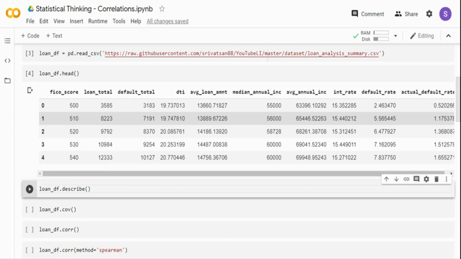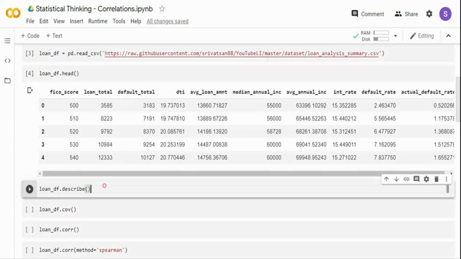Now, if the discrete value does not have too many buckets, like 0 or 1, or 0, 1, 2, 3, 4, 5, then you may do better to treat it as a categorical value. But when it has too many ranges, then you may want to treat it as a continuous variable. It all depends on the test you are doing and how you want to represent that particular value.